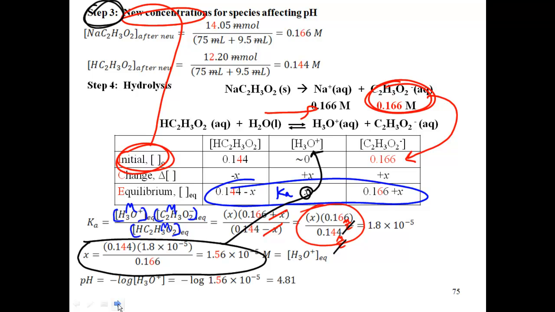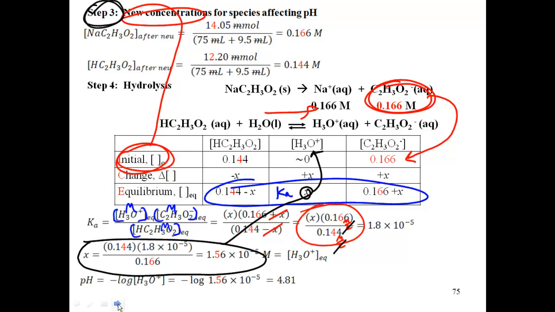Okay, as I said, it will work on a buffer because of the way the math works. That total volume cancels out. I suggest you do it the same way every time. Follow the system I'm telling you, and you get to the correct answer. Your goal is the correct answer, not the shortest and easiest way to get there. Okay, you want the correct answer. That way you can get the points on the test. So do it the system that I'm showing you, and then you can get to that point and get the